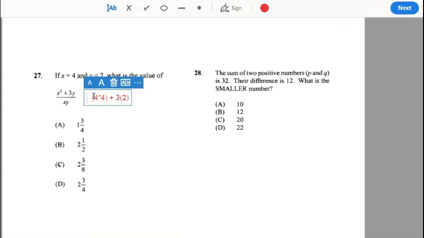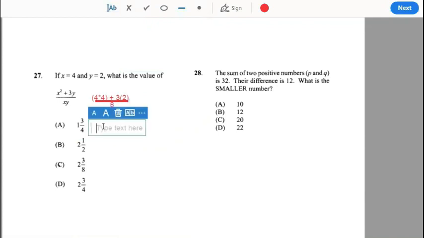And all of this we are dividing by x times y, which is 2 times 4, which gives us 8. So see guys, simple. We're going through getting our perfect marks mastery. Show CXC that we're a bright student. So it is 16 plus 6 divided by 8, equal to 22